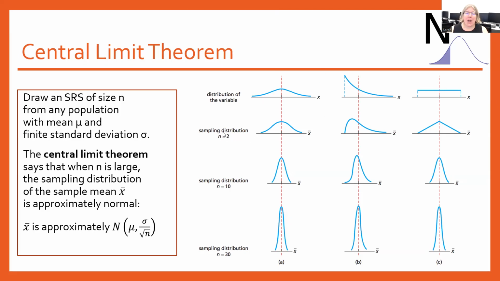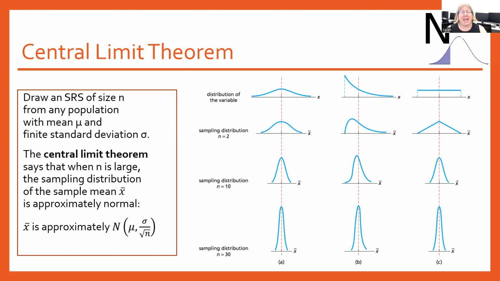And they show you what it would look like if you're using a sample size of 2, a sample size of 10 each time, or a sample size of 30. So in this simulation, we were using a sample size of 5. And so it took a while for things to kind of shake out into the normal distribution. So what turns out happening with the central limit theorem is that the word large actually means a sample size of 30, if you can believe that. So if you're pulling samples that are size 30 or greater, and you pull them over and over and over again, and you plot them, you are guaranteed from the central limit theorem that you are going to have that